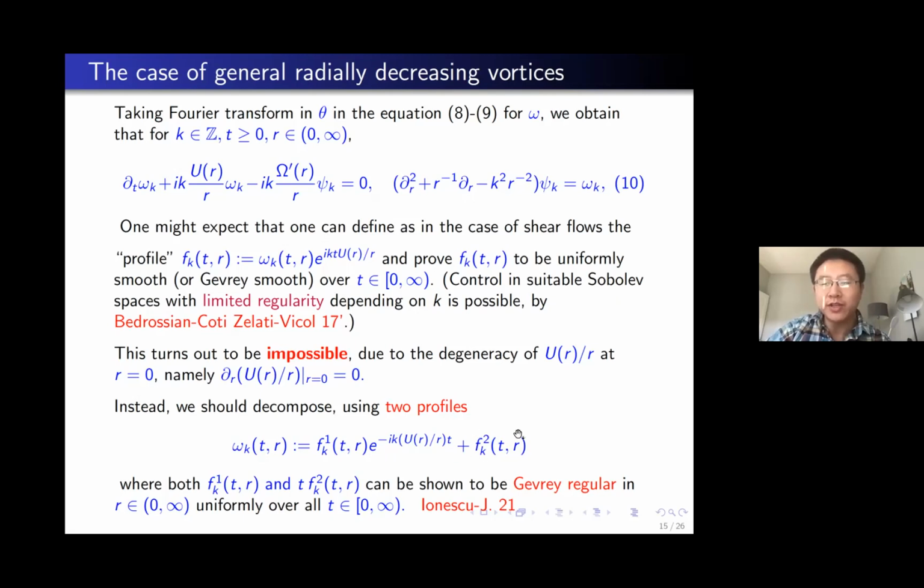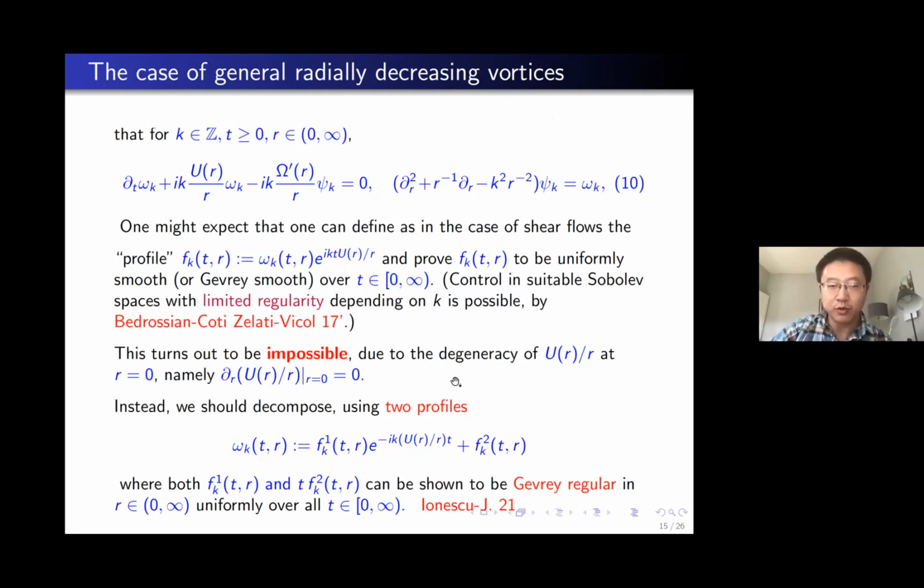So you have this function which is already smooth, you multiply by an oscillatory factor anyways, but you can still control it in some Sobolev space because this guy decays, right? So then it balances the growth of the derivative of this factor. But you can only manage it for so many Ks because the decay is not unlimited. The decay of this guy is limited. So that's why, if you define a profile like this, you can only obtain Sobolev control on the profile for finitely many derivatives depending on K. Okay, so that's the very high level of what we proved.